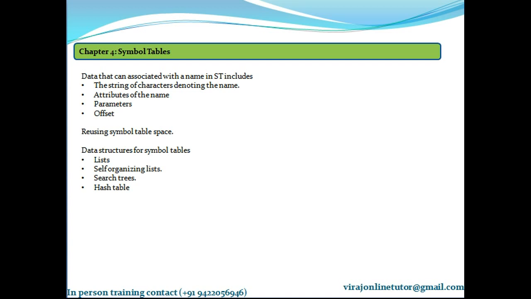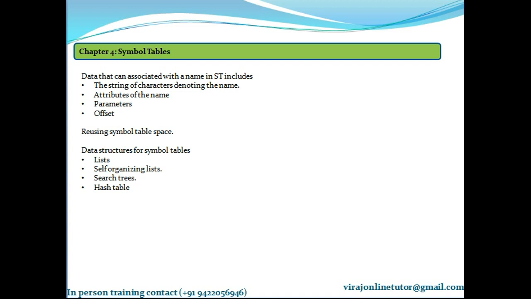So what are the different data structures which could be used while creating a symbol table? First is the list. We use a single array, or equivalently several arrays, to store the names and their associated information. New names are added to the list in the order in which they are encountered.